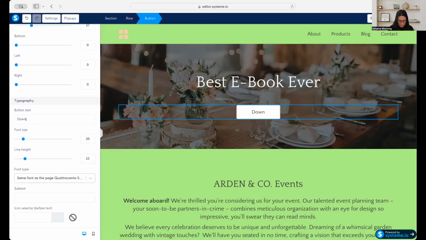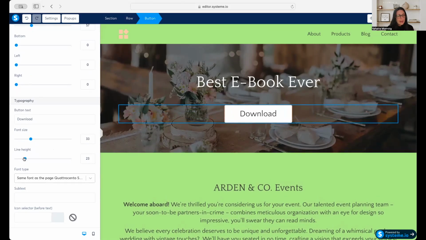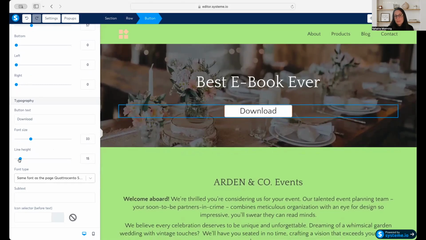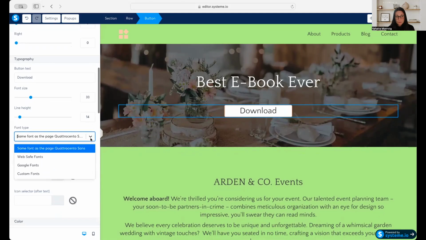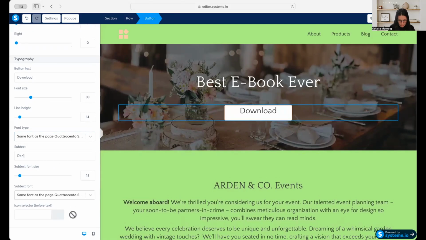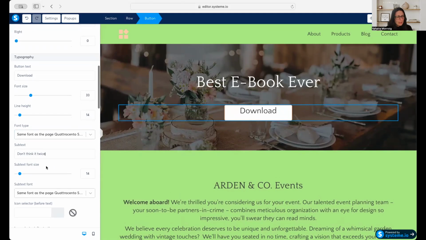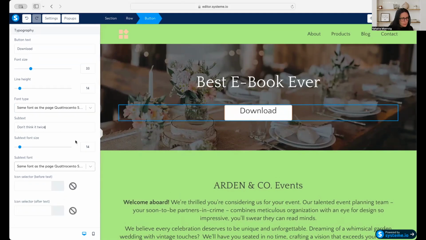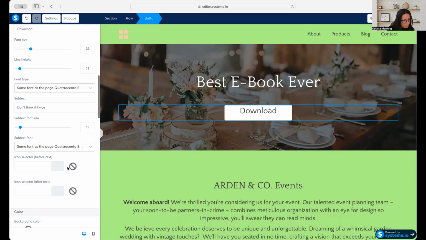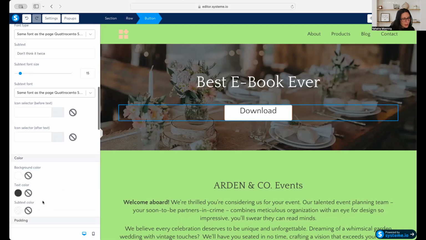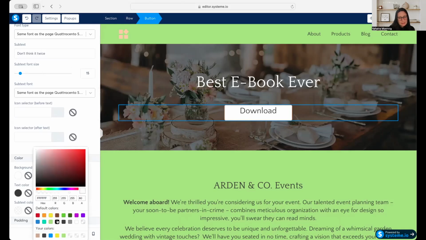let's say you want to say download and the words to be bigger and the line to be a little bit thinner, the font type. If you want a subtext, I don't know. Why is it not showing? Oh, it's white. That's the thing here. You see subtext. Remember, this is subtext. Now, you see,